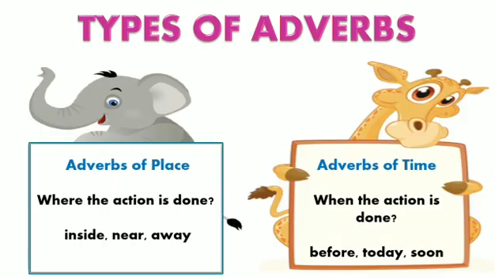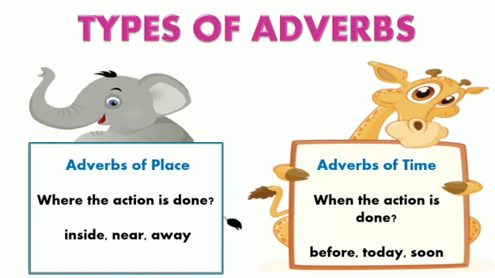Then comes the adverbs of place. As you can understand by the name, adverbs of place tell you where the action is being performed. For example, if I say I was sitting inside the classroom, the word inside is telling you where I was doing the action, where I was sitting. Okay. Please stay away. I am going away from you. Where are you going? You're going away from somebody. You're changing your place. So all these words which tell you about the place where the action is being performed are the adverbs of place.